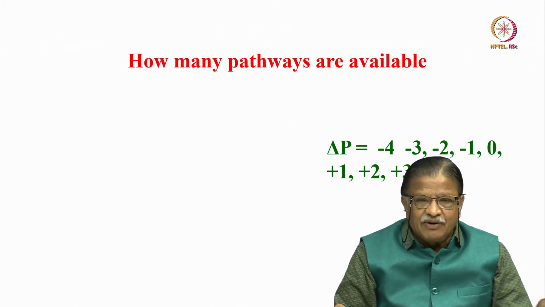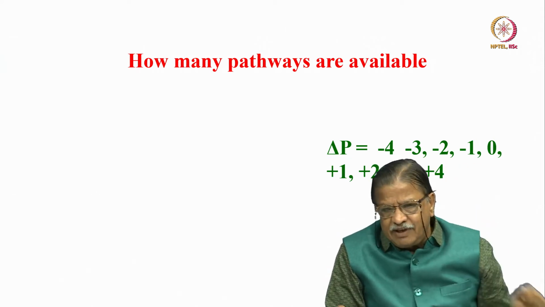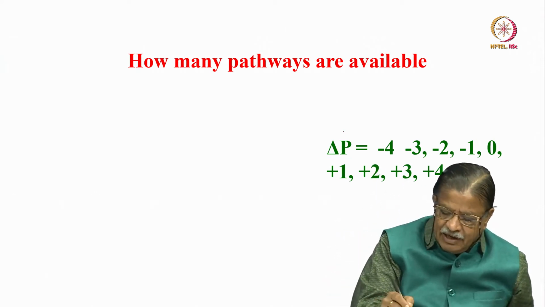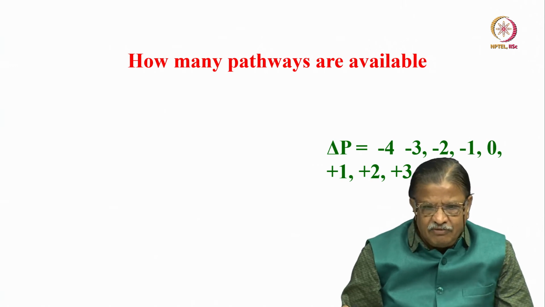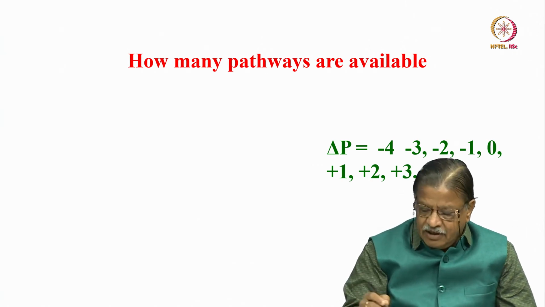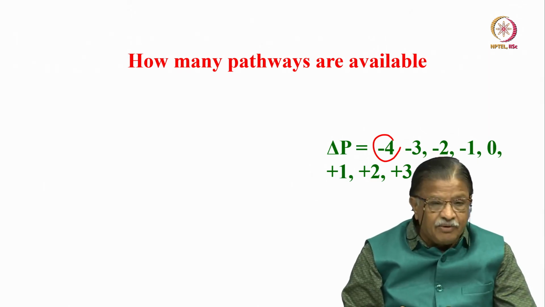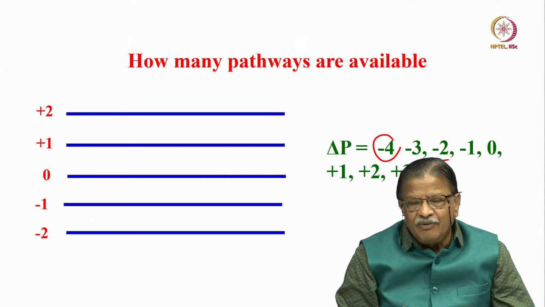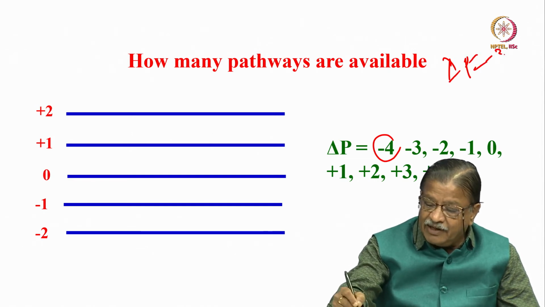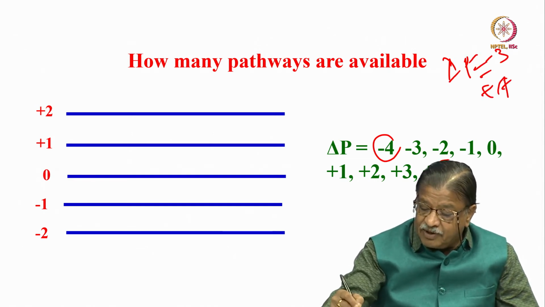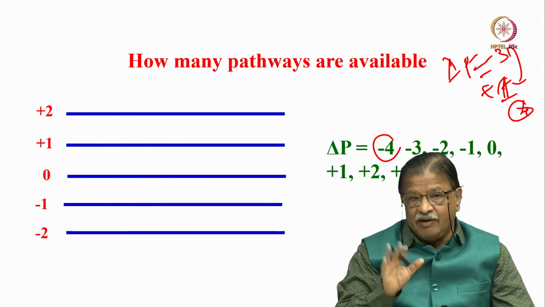So now you may ask me a question, how many such things can I select? Can I select several pathways if they are available? For example, let us say I have a situation with plus 4 to minus 4, different coherent orders. Delta p equal to minus 4, minus 3, minus 2, everything is there up to plus 4. Now, what are the pathways I can select with the same phase cycling? For the same phase cycling which is called delta p equal to minus 3, I also could select delta p is equal to plus 1. What is the difference between these two? Keep this in mind, I will come back to that.